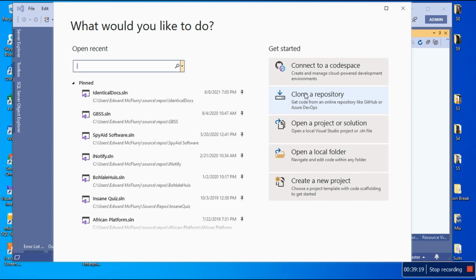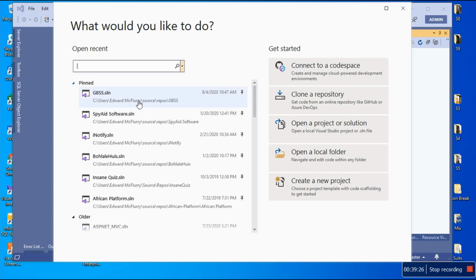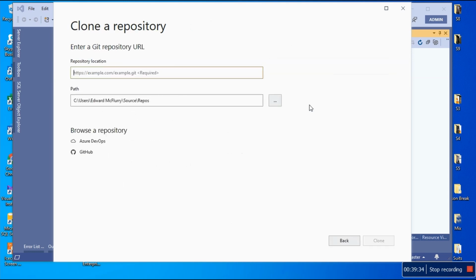In the meantime, I'm gonna go to clone the repository, and then before we do that, let me just remove this from the history of the most recent one, and let's just say clone. Okay, and then I'm gonna type in HTTPS. You should know this thing to your employer, and I'm gonna say